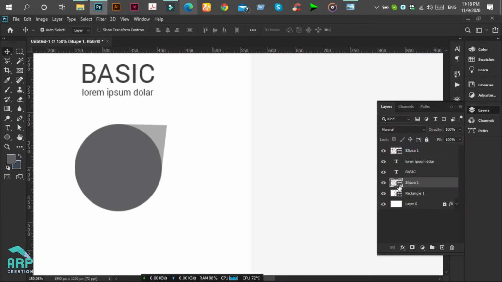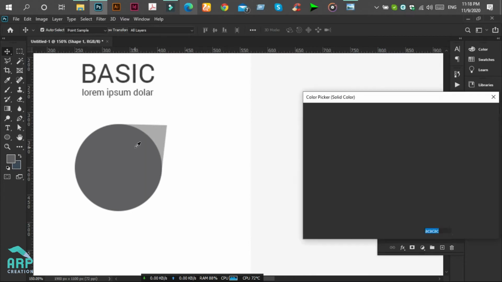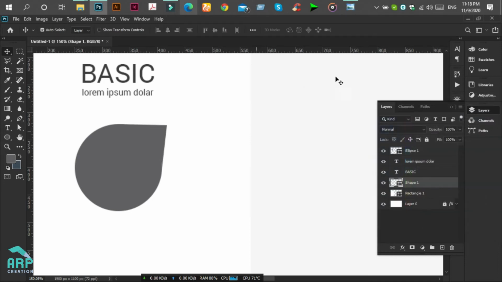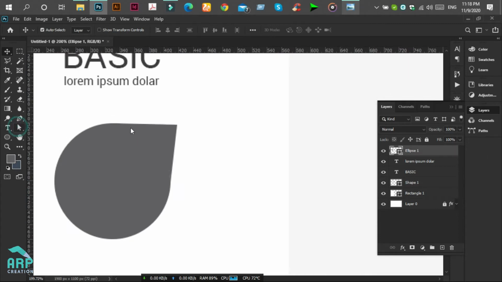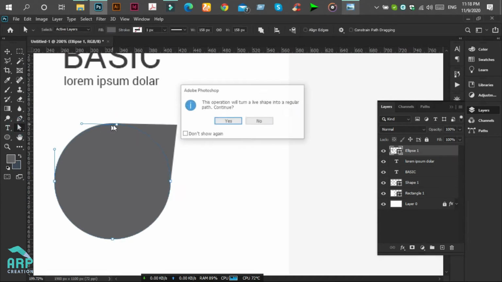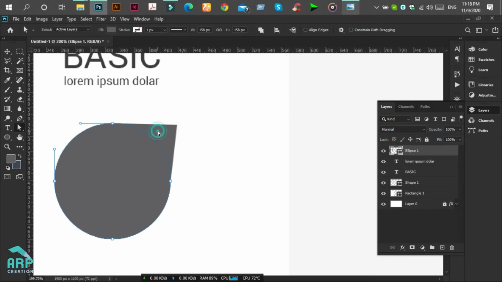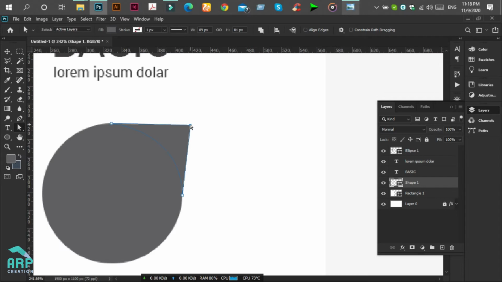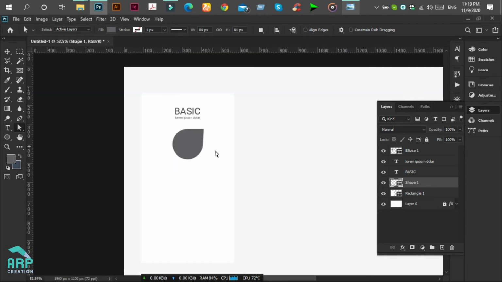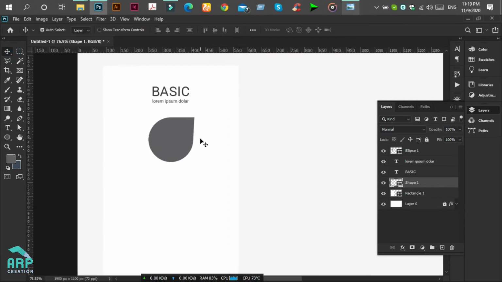Double click on this layer thumbnail to change the color. Okay, perfect. We have just created the custom shape.